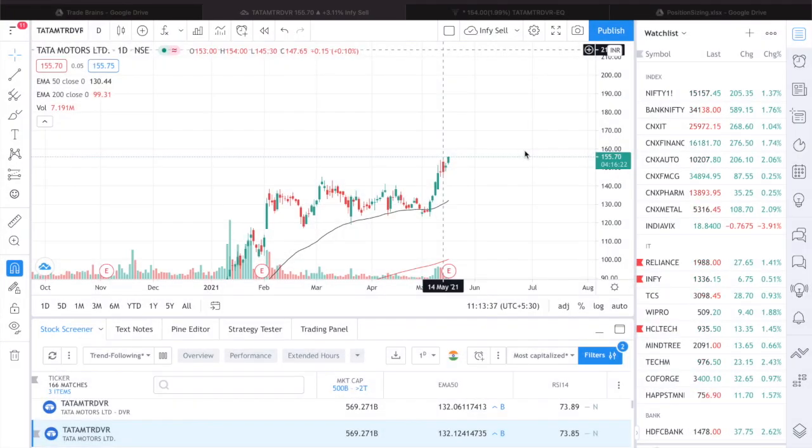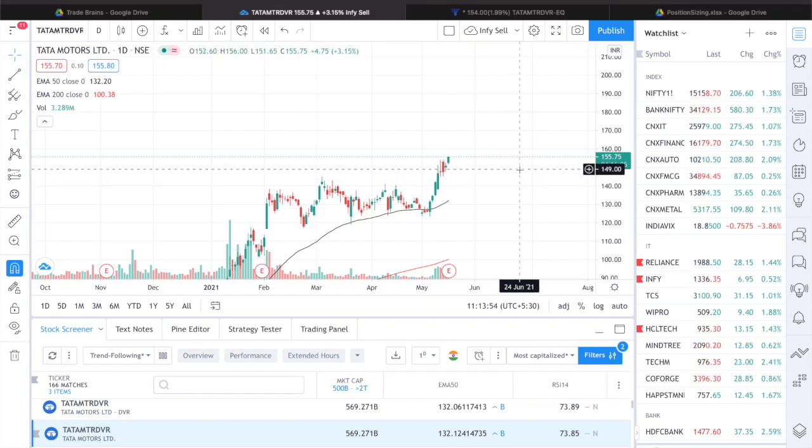So today we'll be discussing position sizing. What is position sizing? Position sizing is basically the quantity you have to buy for a particular trade. Most of us know what price to enter and where our stop loss is, but how many quantities should we buy? That is a very important question, because everybody's capital is different, everybody's risk is different. So how many quantities to buy is the most important thing we have to know. That is the concept of position sizing. Let us understand it.